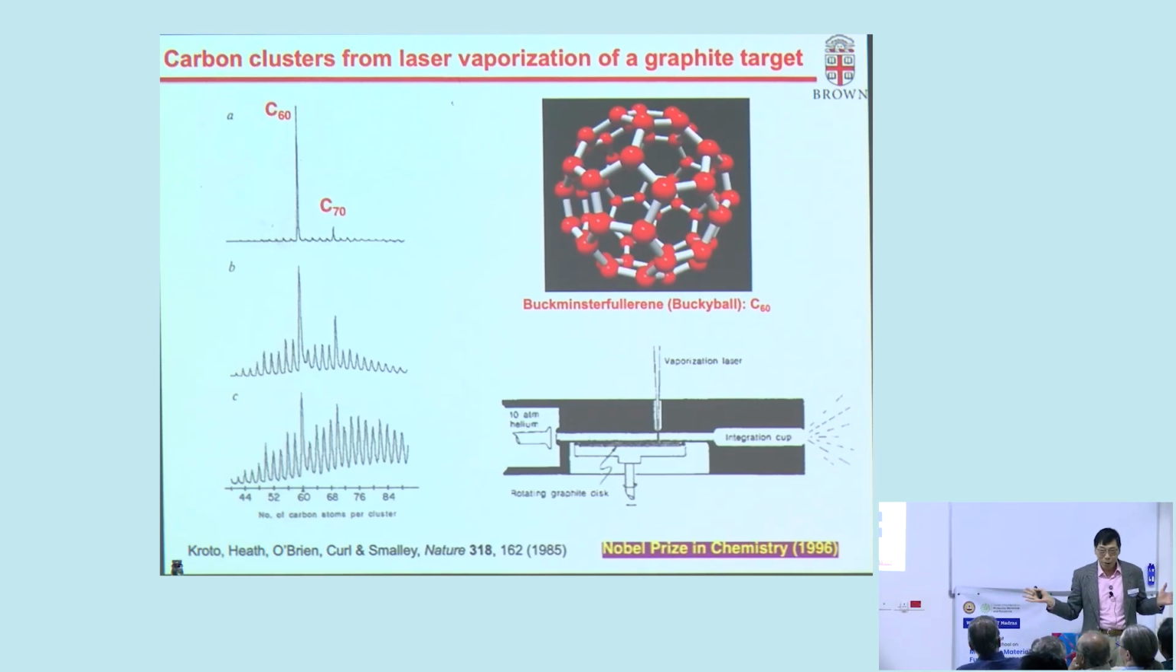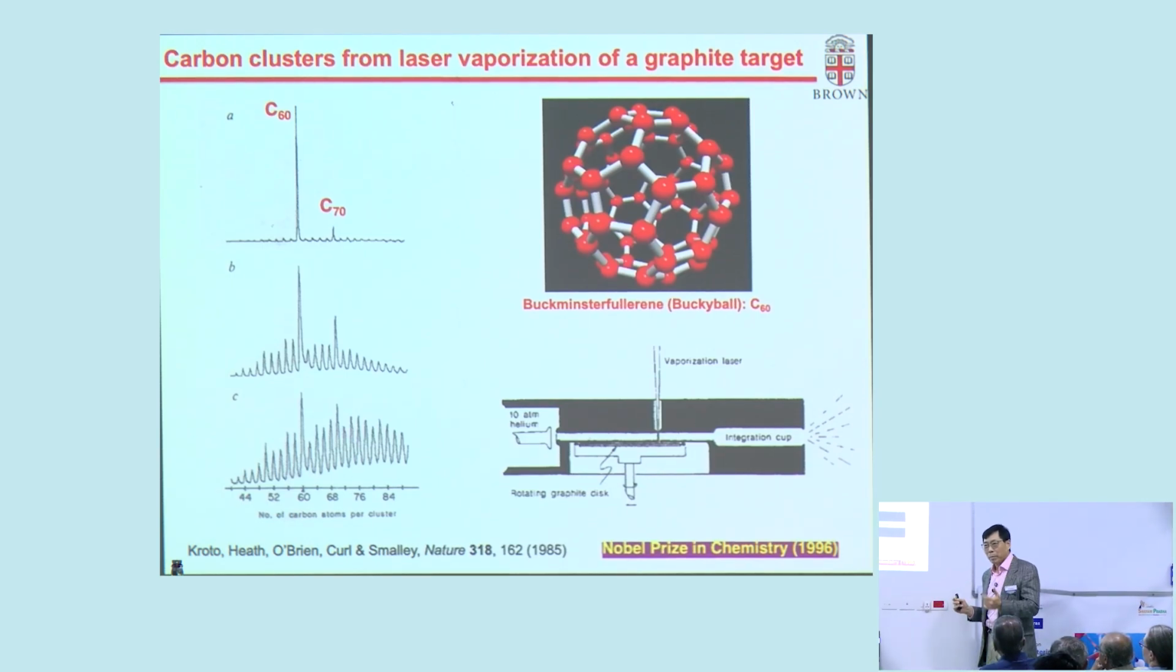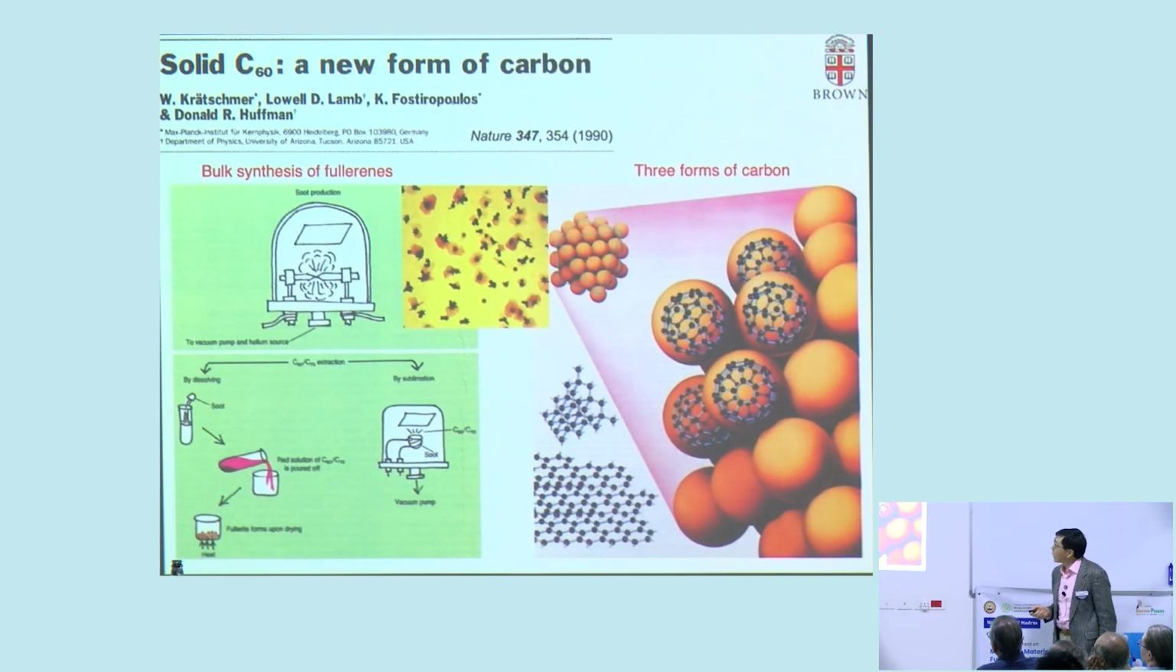It has a soccer ball structure. If you play soccer, the soccer ball has 12 pentagons and 20 hexagons, with 60 vertices. If you put a carbon atom at each vertex, that's carbon 60, and that's the name. This was in 1985, and 5 years later, a group of astrophysicists who were interested in carbon dust